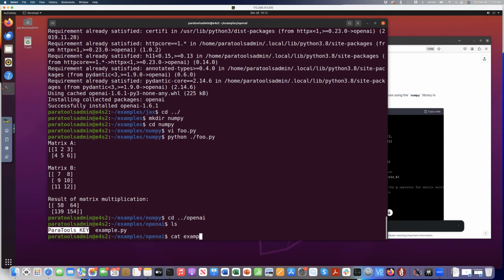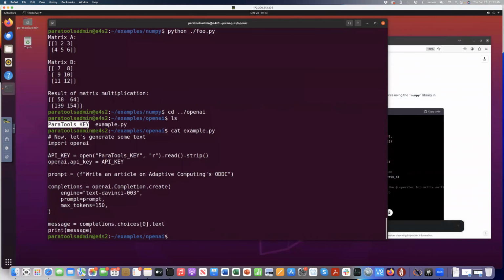And here is a simple example of connecting with OpenAI. So here I use this key and write an article on Adaptive Computing's ODDC. Now I connect to this and I print the message that I receive back from ChatGPT. So I can say python example.py